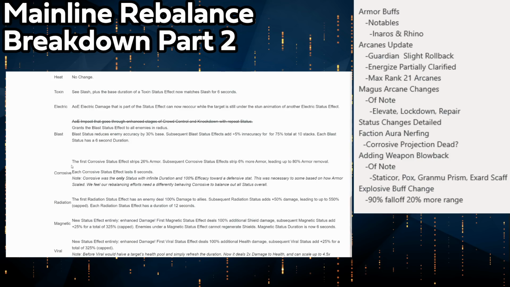But not being able to remove all of the enemy's armor is really going to push us away from Corrosive, especially if this is going to have a timer on it because, you know, that's rough. Is this going to impact Saren in any major way? Actually, probably not. This will actually make Saren do more damage, which I know is kind of a weird thing to wrap your head around, but because Saren's 1 does corrosive damage,